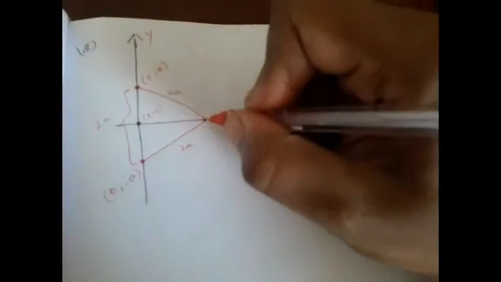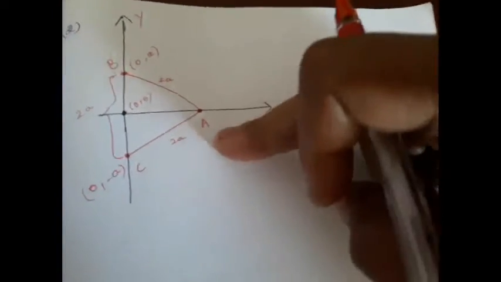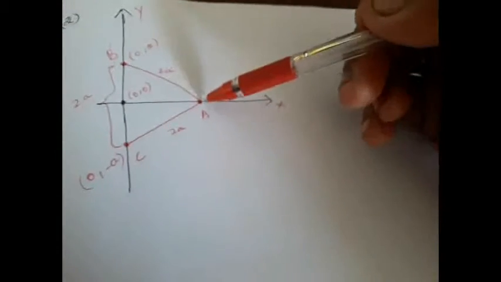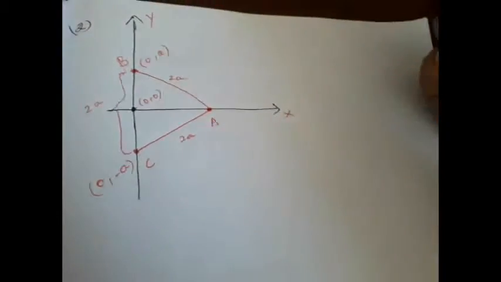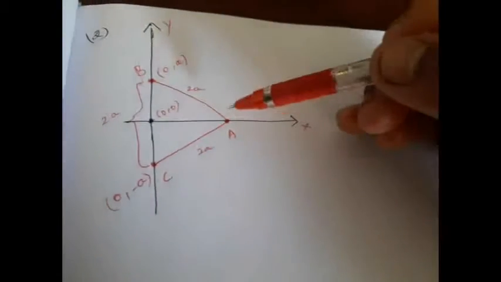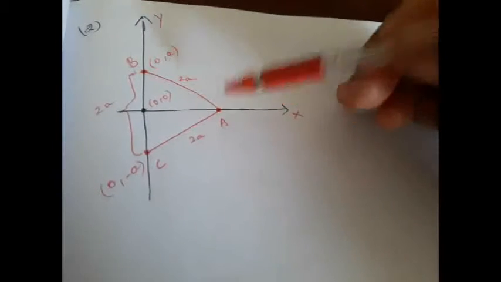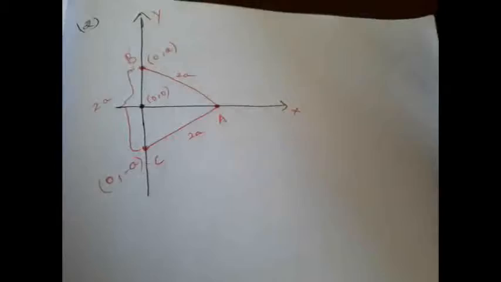So we had to find the coordinates of this point. If we name this as A, B, C, we got the coordinates of B and C. We had to find A. How can we find the vertices of A now? It can be found in many ways, because we know the distance between A and B is 2A, right? So we can apply the distance formula and we will get an equation in x and y. Similarly, this is also 2A, right? And in that way also, applying distance formula you can find out. Or the easy way to find the vertices of A is,